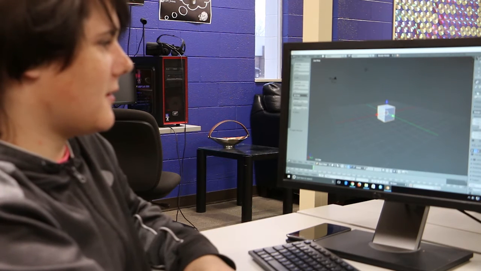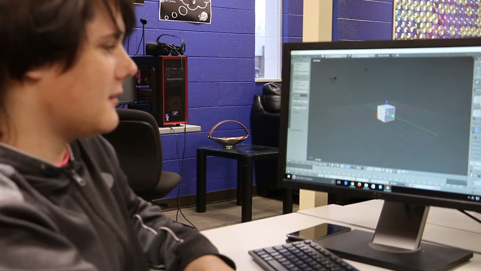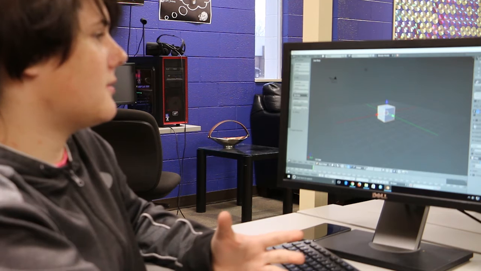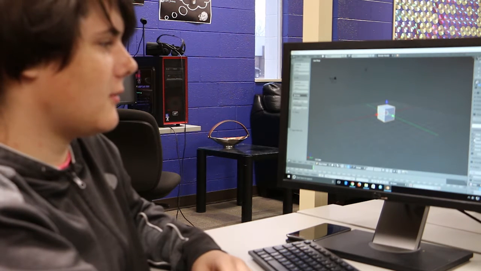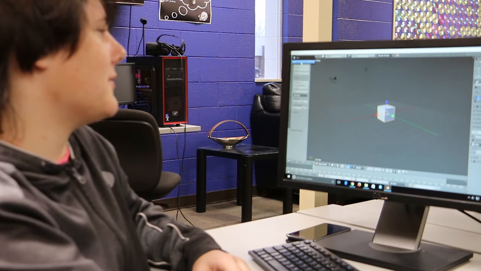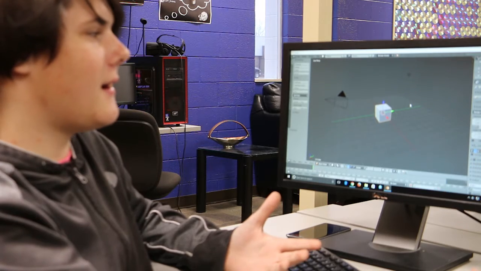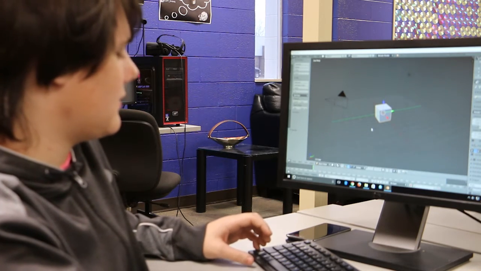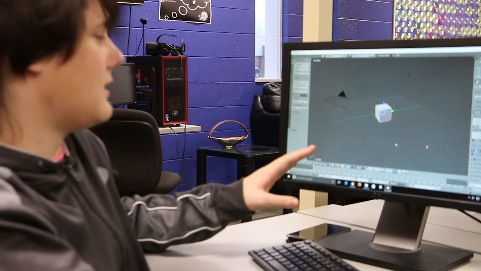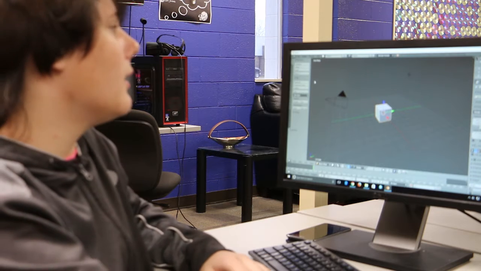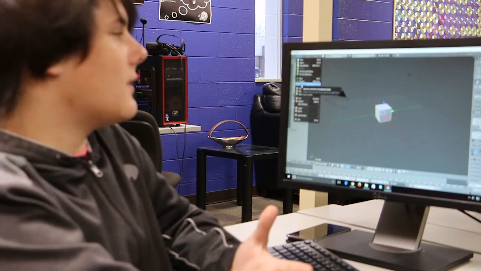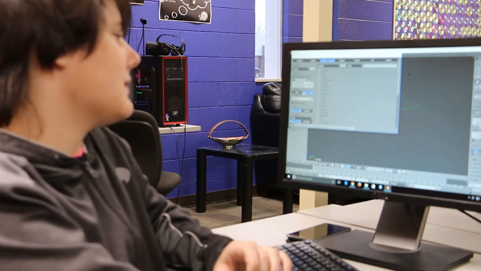It looks confusing with all these different tabs and things you can press on, which I would suggest doing to explore, learn a little bit on your own, because you can just go to File, New, and as long as you reopen your previous project, all these tabs will go back to how they originally were. But for right now, since you're just starting off, you probably want to go to User Settings and